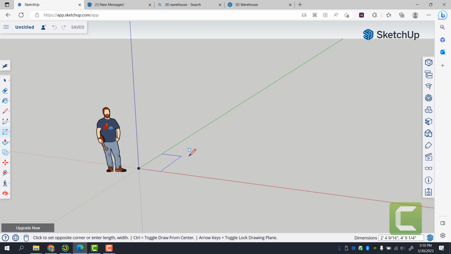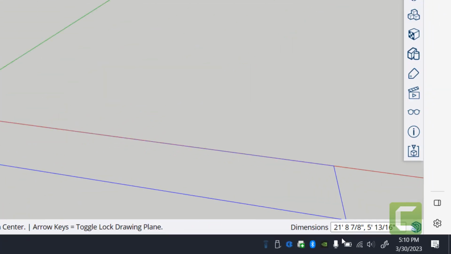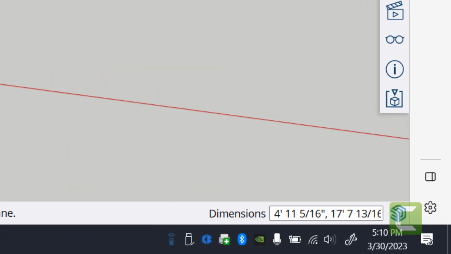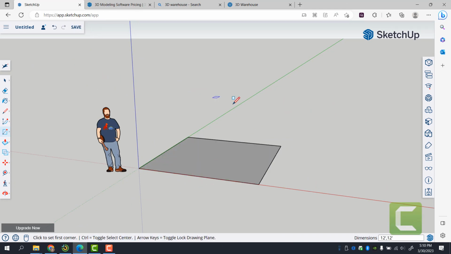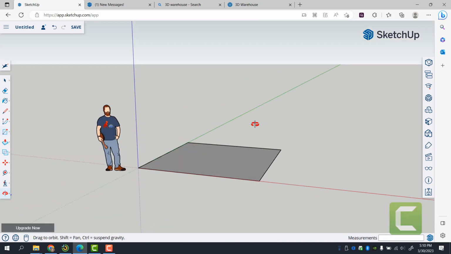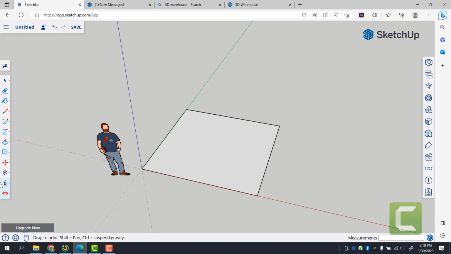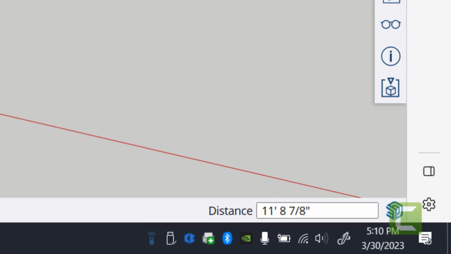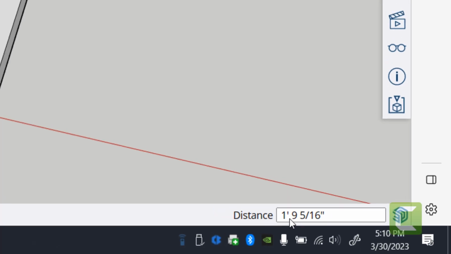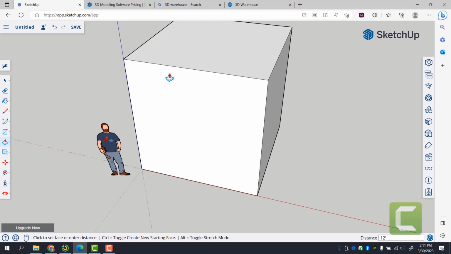The moment you start drawing your rectangle, your dimensions will come up on the bottom right. And as I draw out, I'm just going to make this square 12 feet, comma 12 feet. Notice how this is relatively sized. By default, you're looking at a perspective view. Next, you're going to go ahead and use push-pull. This is how you extrude in this software. Anytime you extrude an object up, you can also specify the distance here, and your direction is dictated by whichever